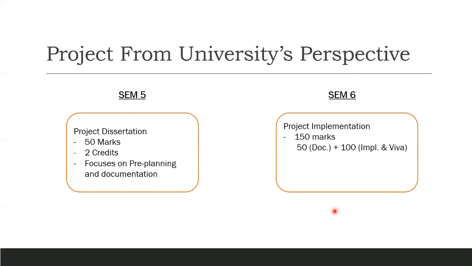We'll discuss what a black book contains in the coming slides. The other 100 marks will go for project implementation, the way you have implemented it, along with viva. It has 2 credits in all. The major focus will be on implementation, research, and conclusion.